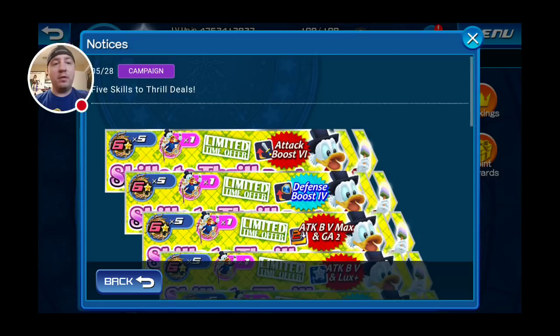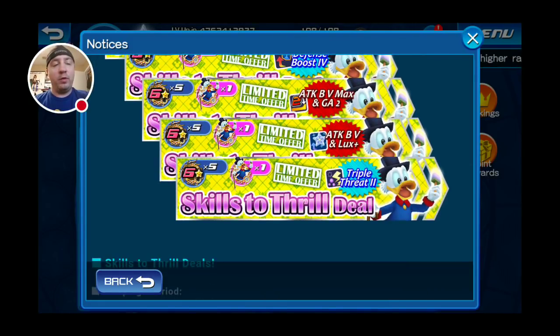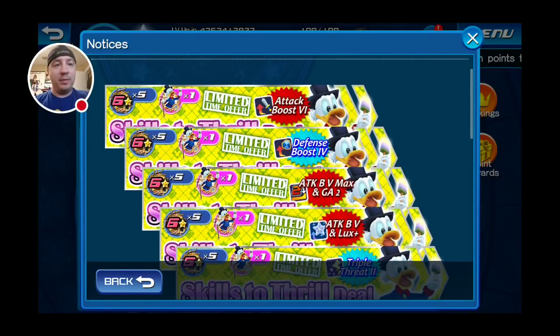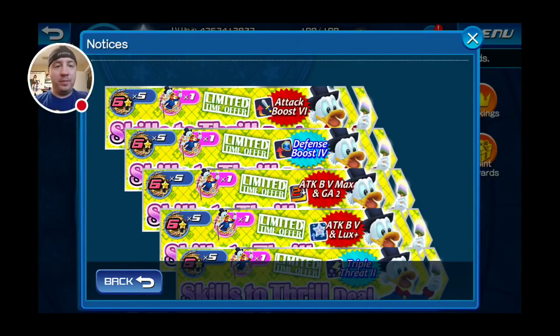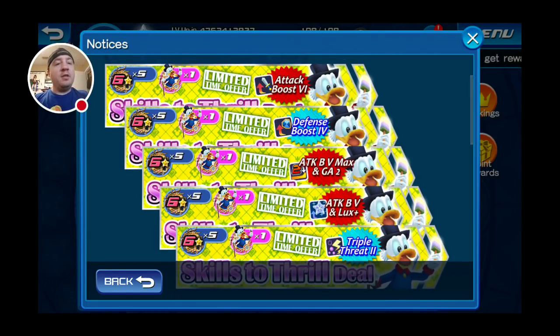These are some decent deals for the most part, in particular the AB5 Max SP Gauge 2 and the Triple Threat 2. Those two are by far the most important ones out of this new setup. The Defense Boost 4 is very nice, but it's not a Max. And Max is way more useful in PvP mode than just relying on RNG for the Defense Boost 4s to go off. So there is that aspect. But it is definitely bringing up a new...